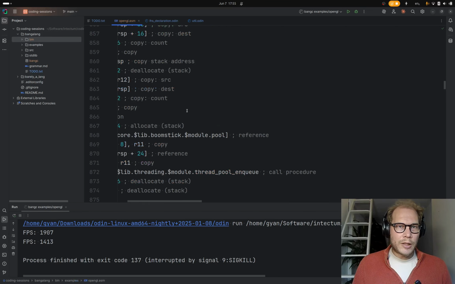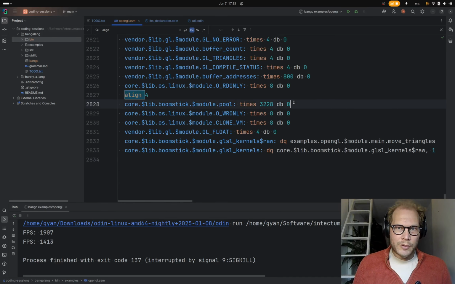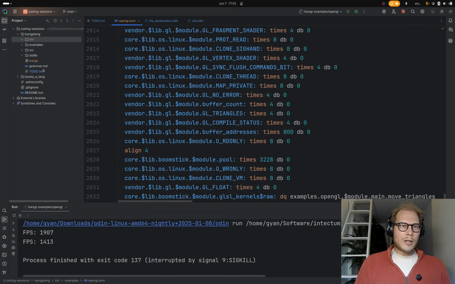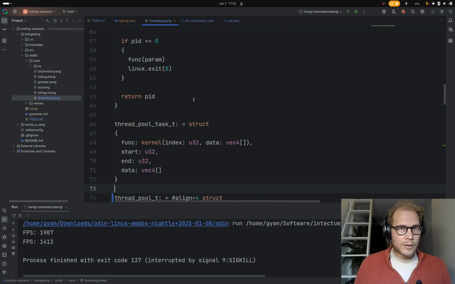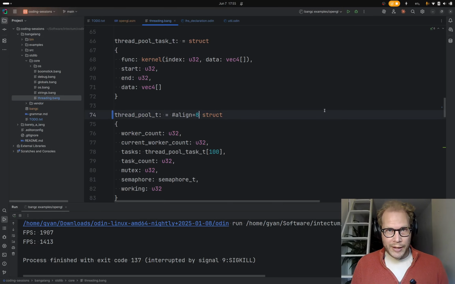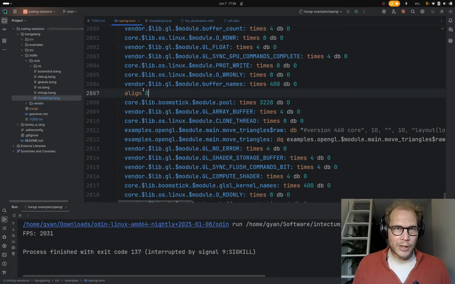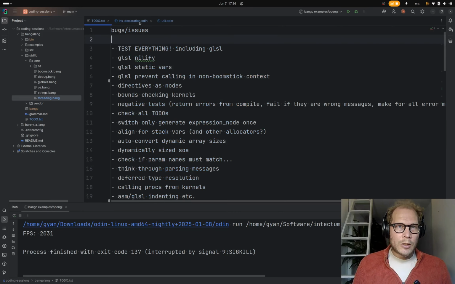And if we look at here, we should see, yeah, align 4. So this is the thing that needed to be aligned, so it has the align 4 still, so that's good. And just as an extra quick little test, if I put align 8, it should still work because 8 is a multiple of 4. And we should see align 8. Okay. Go back to 4. So that's all working, which is great.